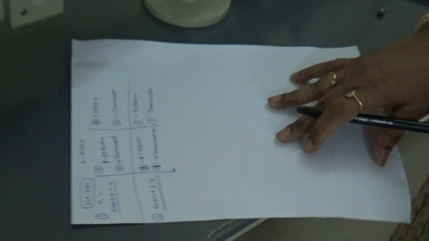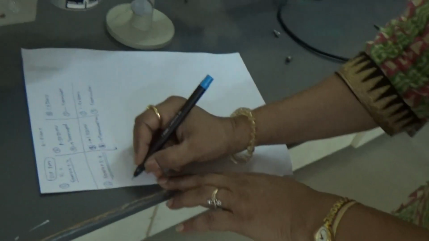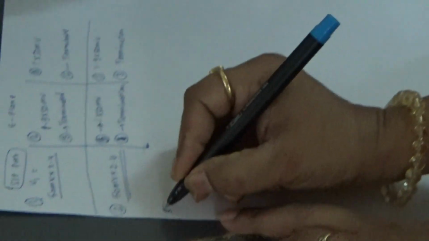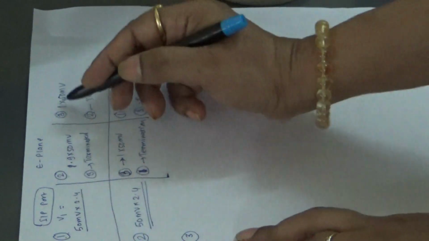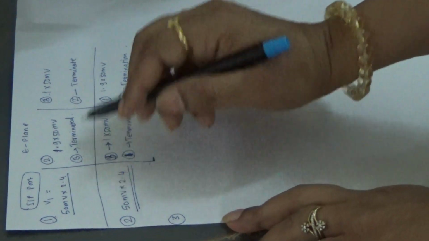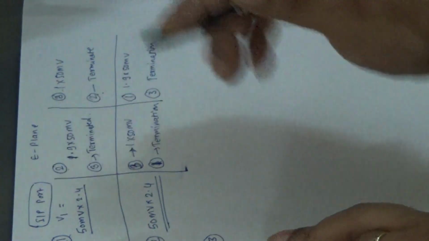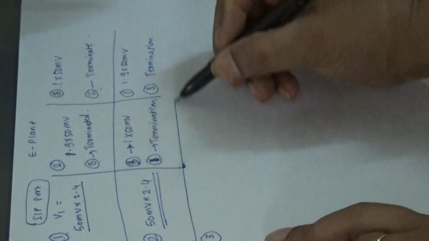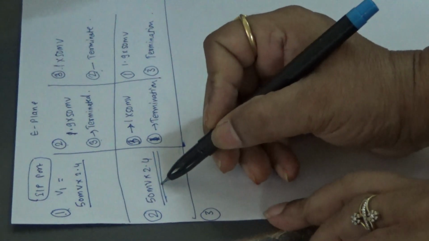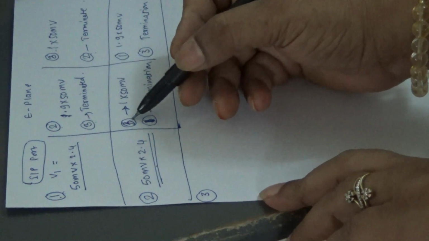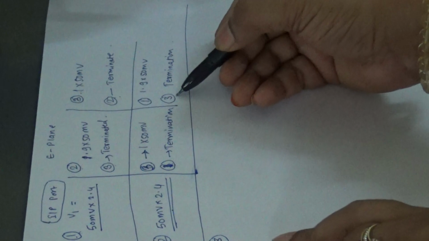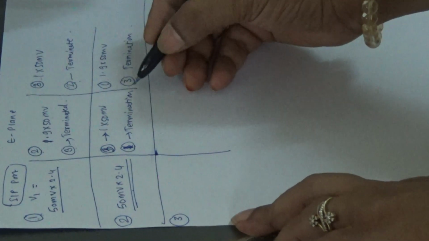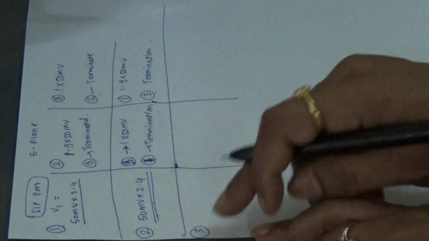So right now we have to give the input to port number 3. Here the input was given to port 1. We have measured the output at port 2 and port 3, while port 3 and port 2 are terminated respectively. In the second case, we gave input to port number 2. The obtained output is at port number 3 and port number 1, while port number 1 and port number 3 are terminated respectively. Now next we are giving input to which port?